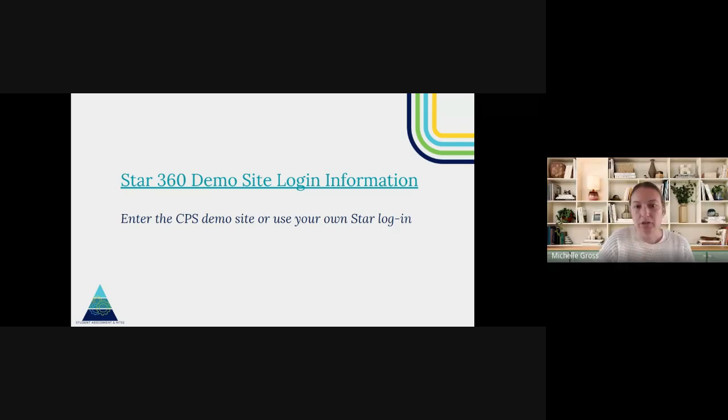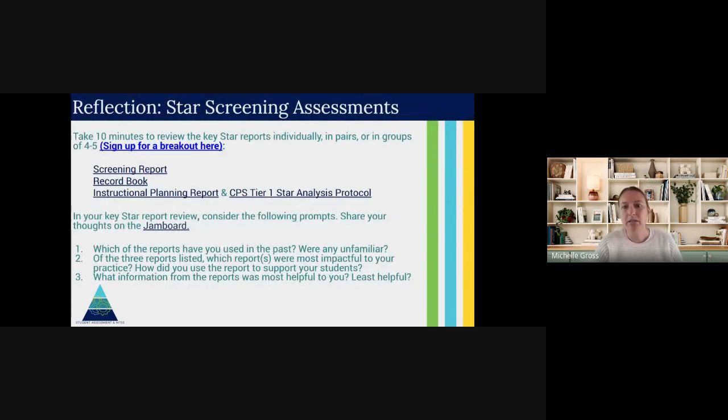All right, so if you have just gotten on, we're logging into STAR, whether you want to do the demo site login or your own STAR account, totally your call.